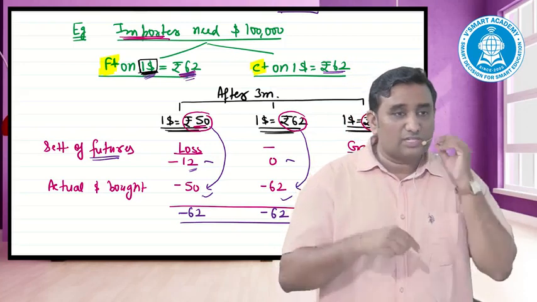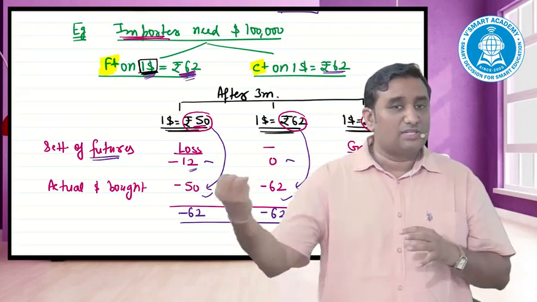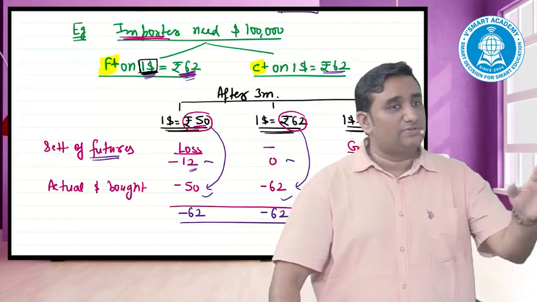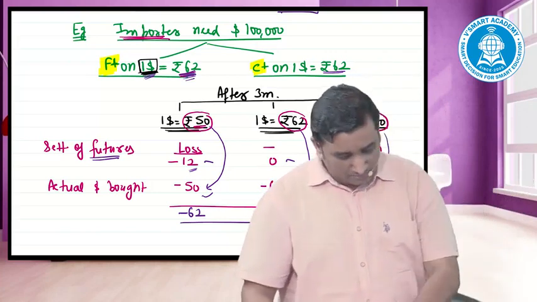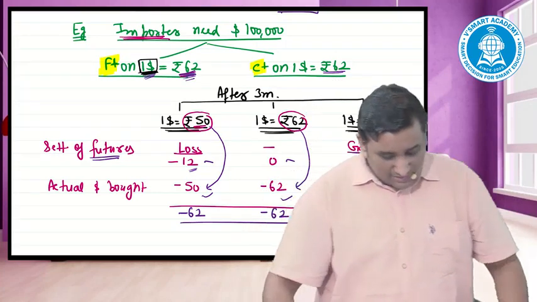Whereas in the futures market, no matter what happens, upside and downside, if it's a loss in the cash market, futures compensates you. If there is a gain in the cash market, future will take away that gain and your net costing will freeze at what? 62. That comes out. Copy that part. If you've copied, let me know. We'll do the options. I'll do the similar exercise for the options.